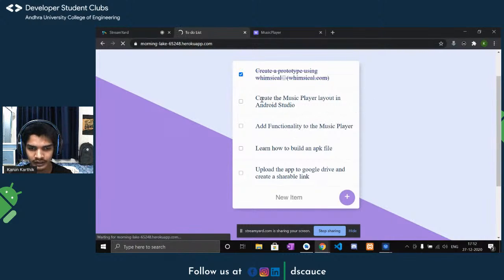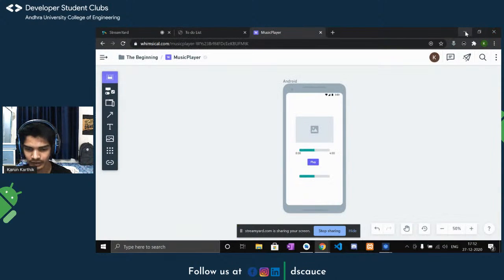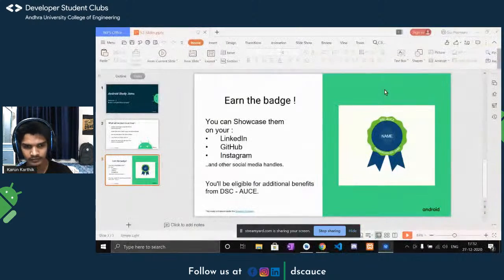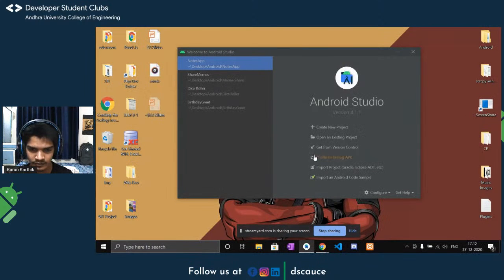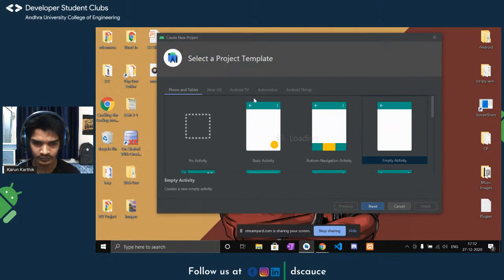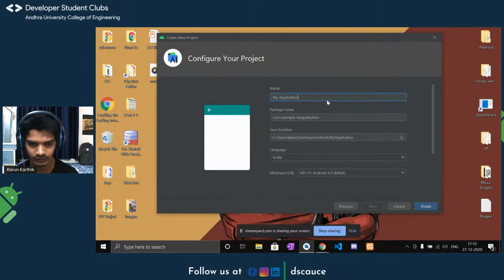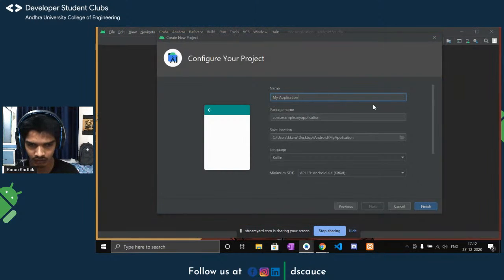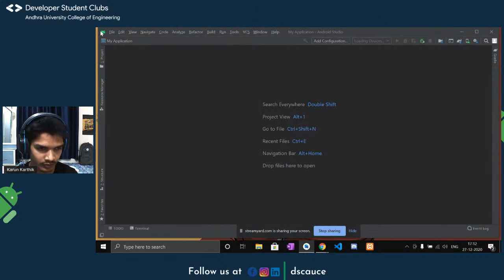Yeah, and now we'll be creating the music player layout in our Android Studio. So let's go to our Android Studio. Yeah, let's create a new project with an empty activity. The name is